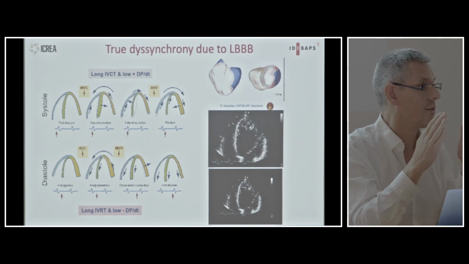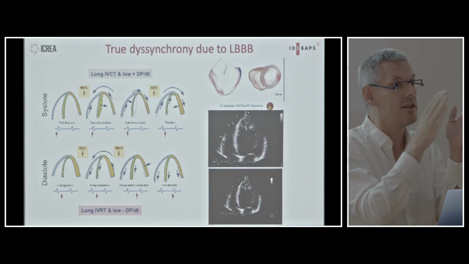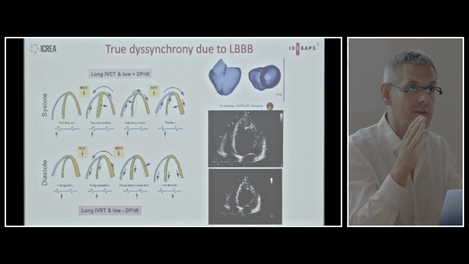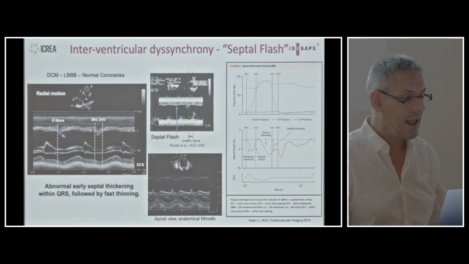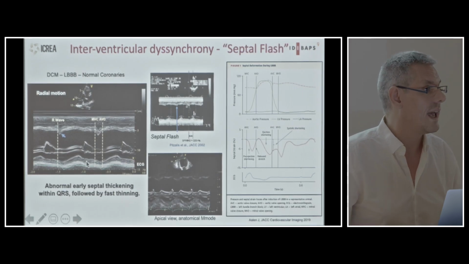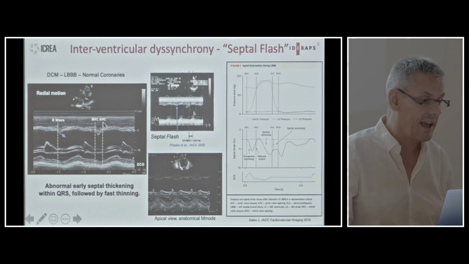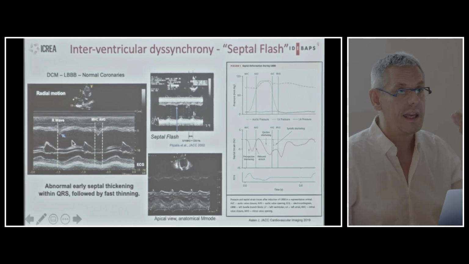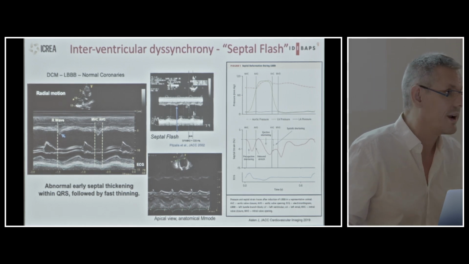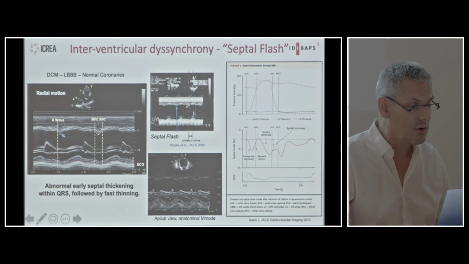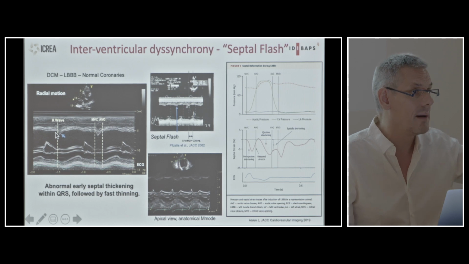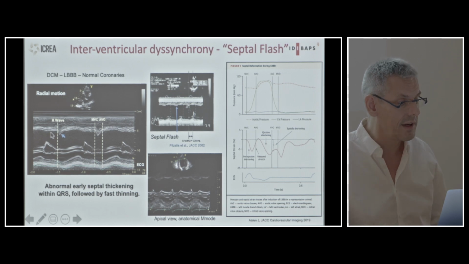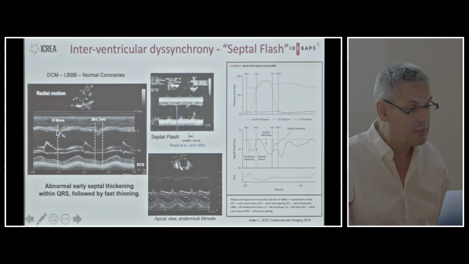That's very, very important, because sometimes you might have interaction between left and right ventricle, but that is always longer than the QRS itself. And so an interesting way to look at it is, we have been calling this the septal flash. Some people call it septal beaking or typical pattern or whatever. There are a lot of ways to do it, but what you really see, and M-mode is actually a really nice way to do it, whether you take real M-mode in the parasternal view or anatomical M-mode, is that the septal wall